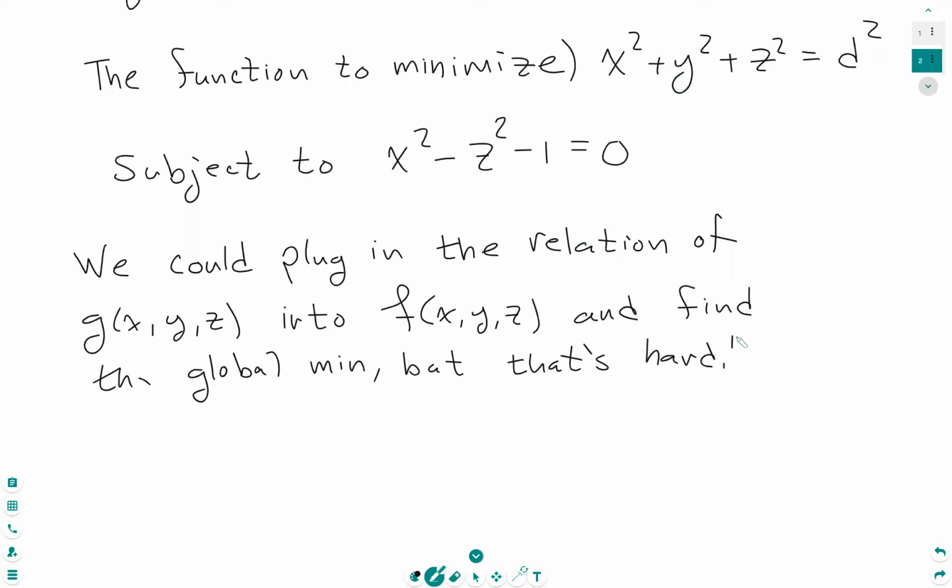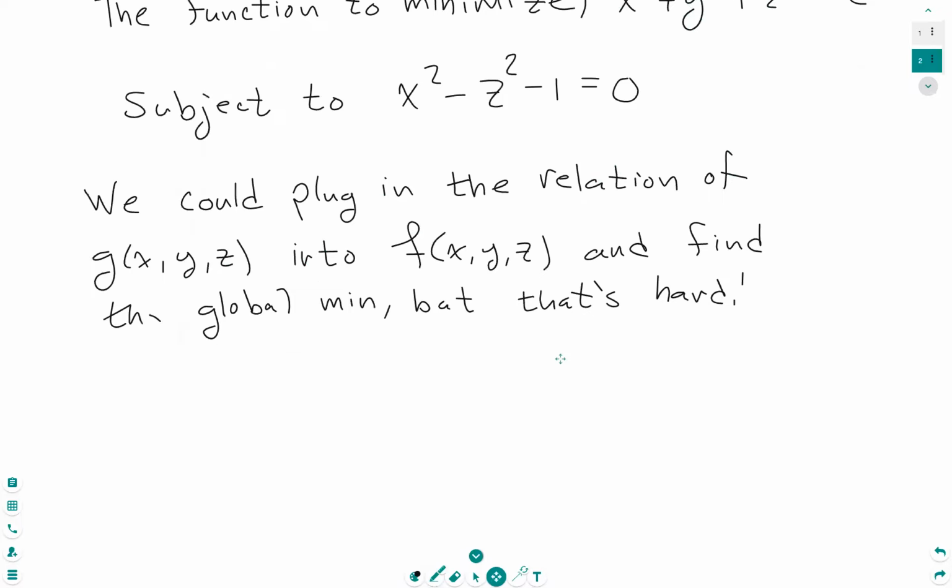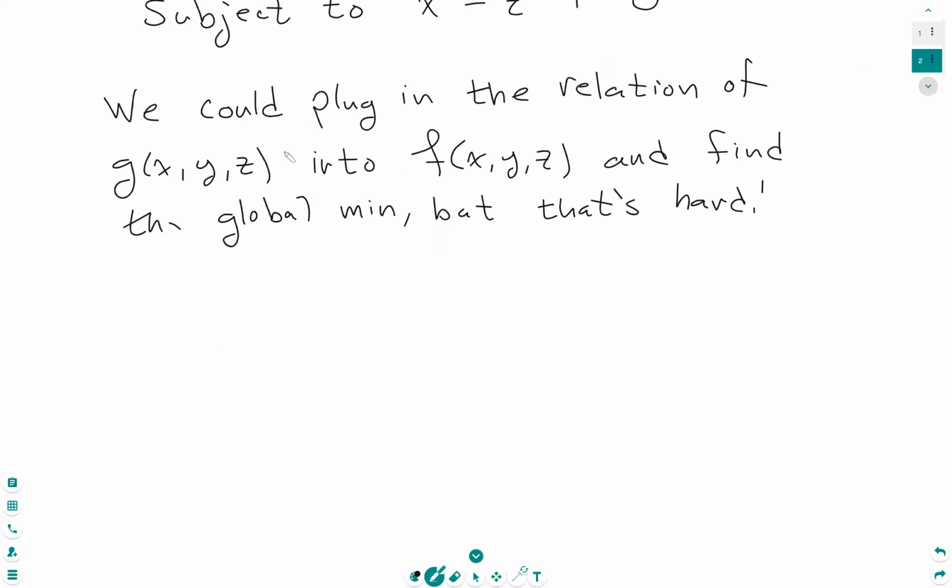We don't want to do that. The whole goal of this is to implement this new method for when we have something to minimize or maximize, and it has to be subject to this constraint. We don't want to plug this constraint function into our function and see if we can find the mins and maxes of that. So instead,